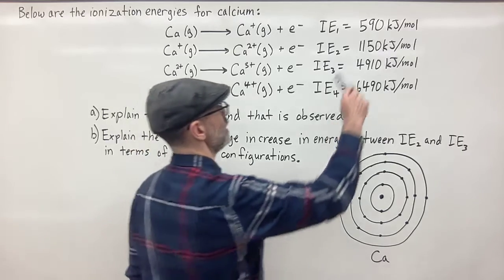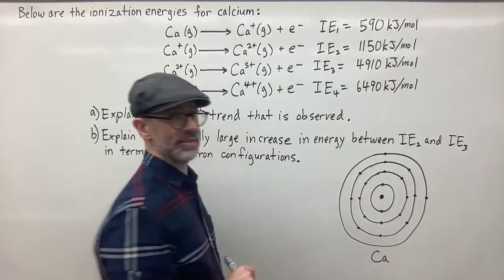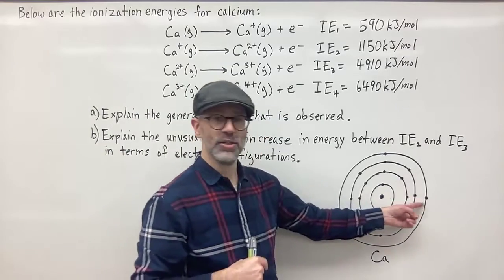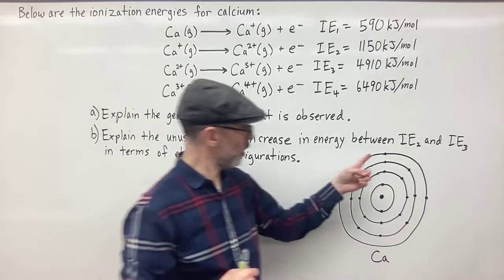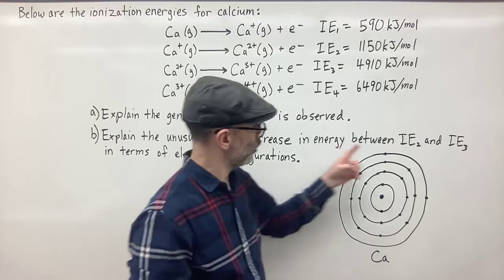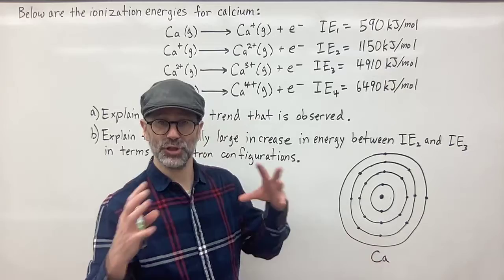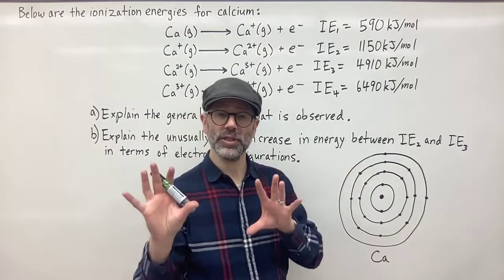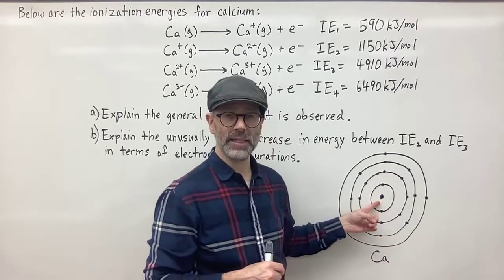So that would explain why the first ionization energy is the least amount of all the energies that we have. And then next you'll see that it increases here to here. So why does it take more energy for the second electron to be removed compared to the first? Well, what I said earlier was that the electrons, because they all have negative charges, are all going to repel each other, and the repelling forces of the electrons counterbalance the attractive force